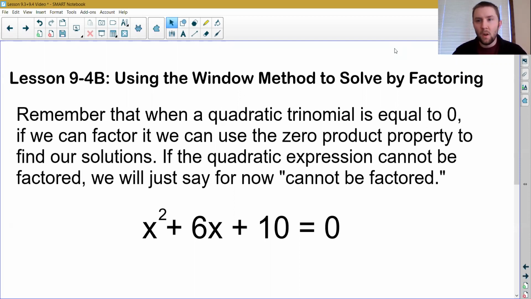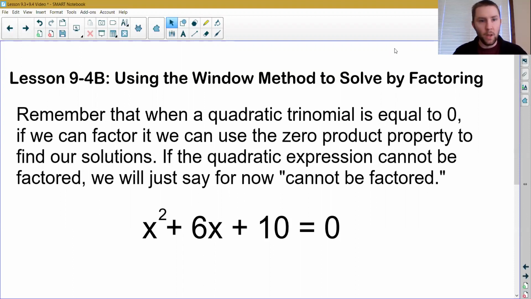We're going to continue talking in this video about solving quadratic equations by factoring, but I wanted to take some extra time and set aside a chance to review the window method for factoring some more complicated quadratic equations. I know it's not everybody's favorite thing to do, but if we practice and get really good at it, it can be a lot easier than some of the other strategies we'll talk about in this chapter